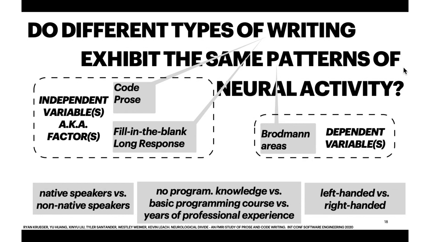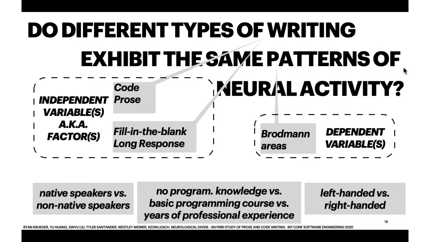So for instance, if you are left-handed versus right-handed, some of the areas in the brain activity will be just different. If you will be symmetrical, right? If you are a native speaker or a non-native speaker, your ability to write prose might be influenced. So somehow we need to